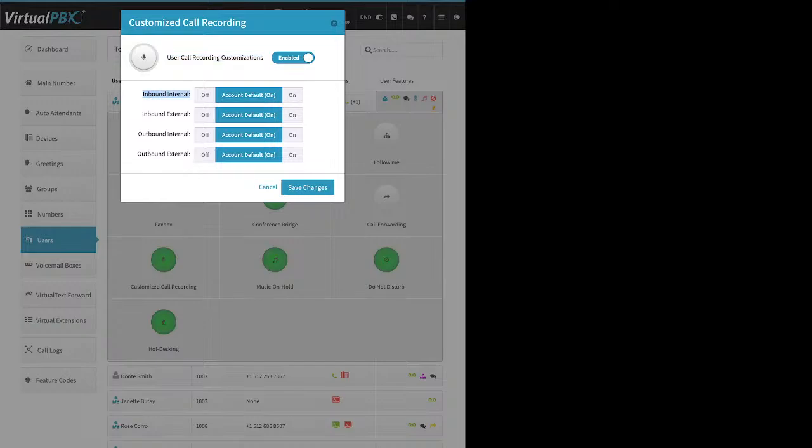Inbound internal, right, coworker call. Right, so Dante called me. Right, inbound external, customer Mary called me. Right, so outbound internal, right, I called coworker Bob. Right, outbound external, I called customer Mary. So we either see the external ones set to on or all four. Now,